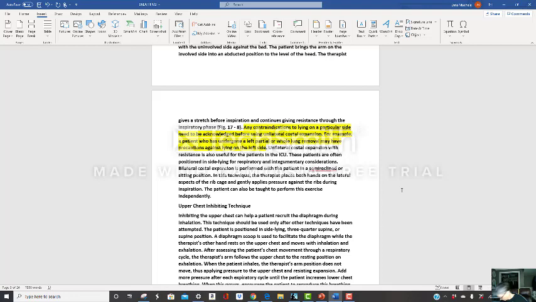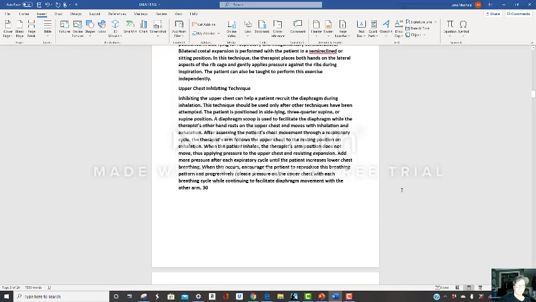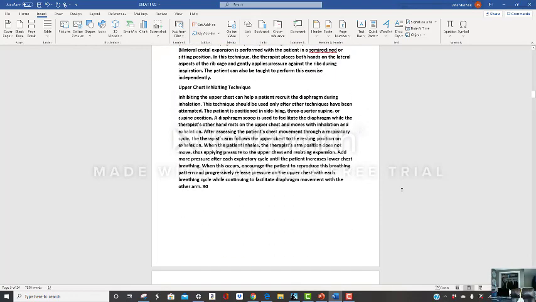The diaphragm grip is used to facilitate the diaphragm while the therapist's other hand rests on the upper chest and moves with inhalation and exhalation. After assessing the patient's chest movement through a respiratory cycle, the therapist's arm follows the upper chest to the resting position on exhalation. When the patient inhales, the therapist's arm position does not move,